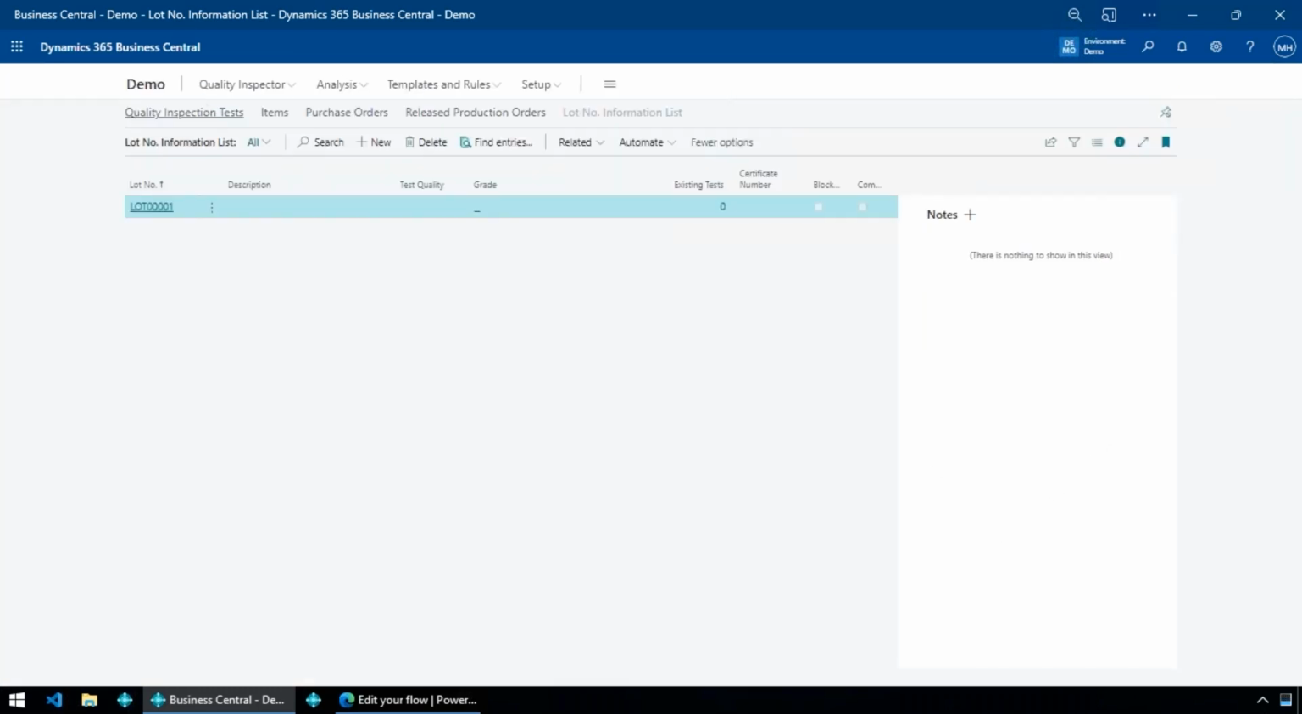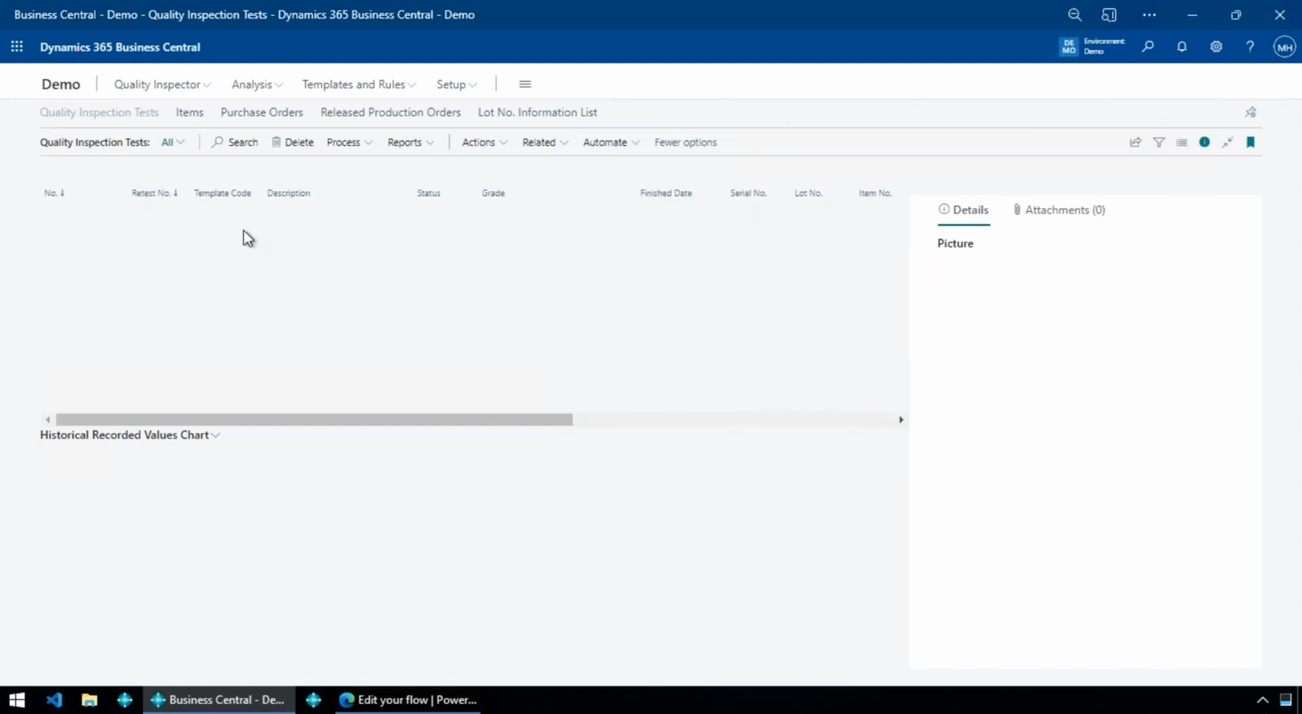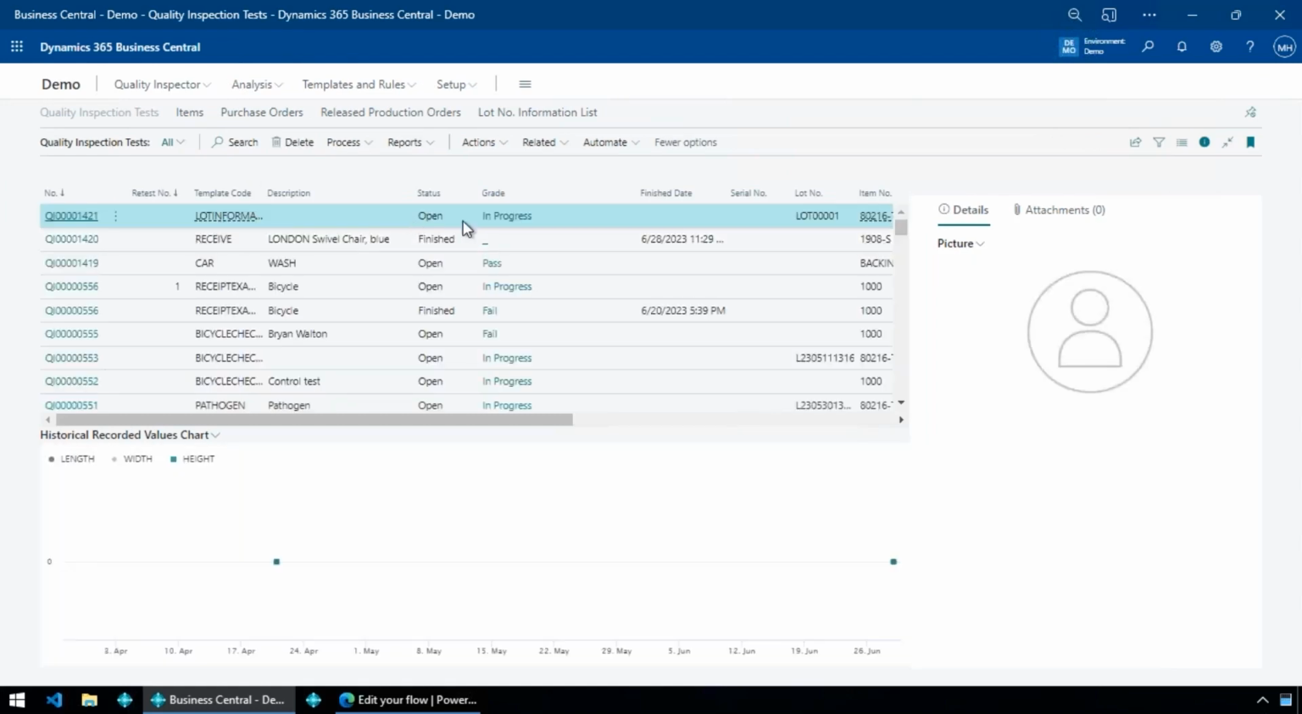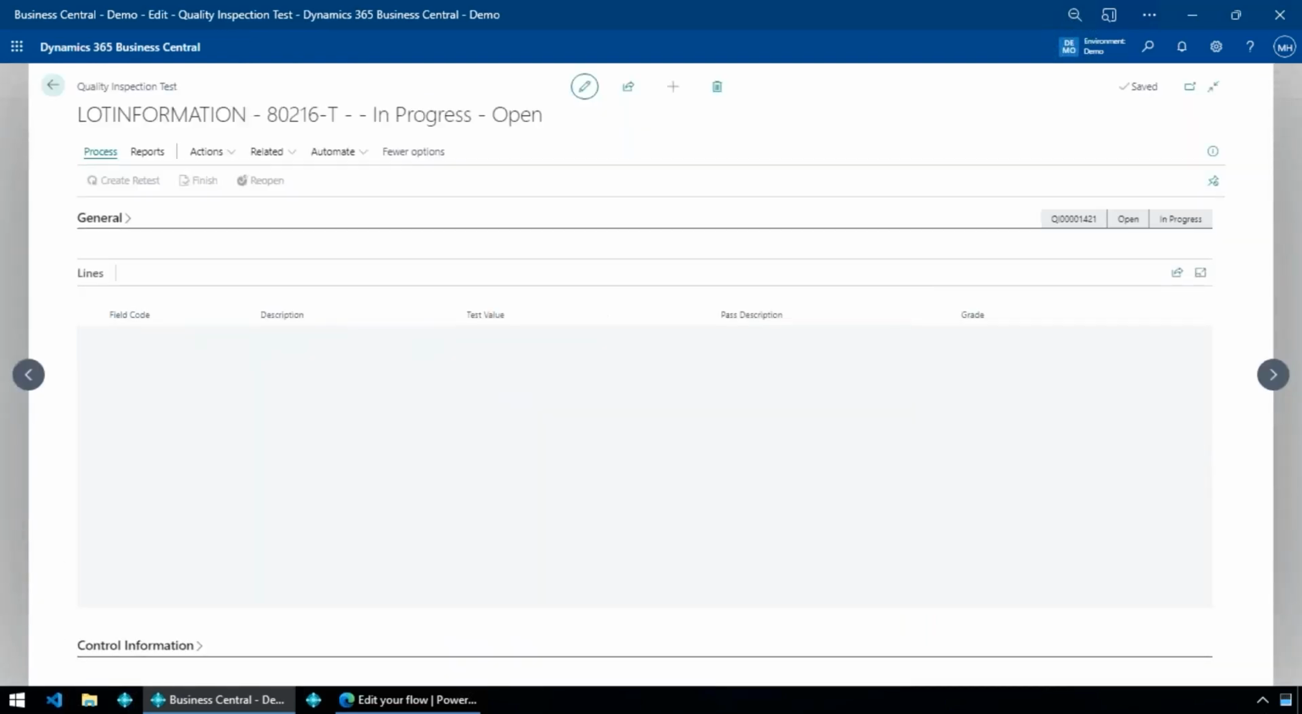And I would be able to then come into my quality inspection tests and actually see the test that got created. Right there it is. And we can open up that test and we're done. So this allows us, with our Power Automate and that API integration, to come in and generate tests automatically for